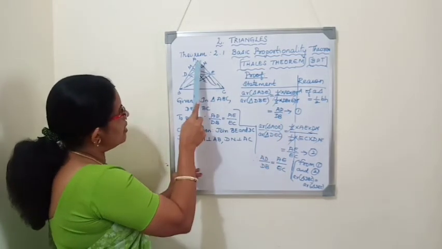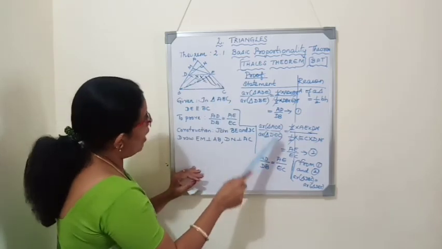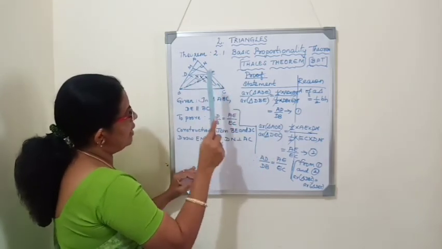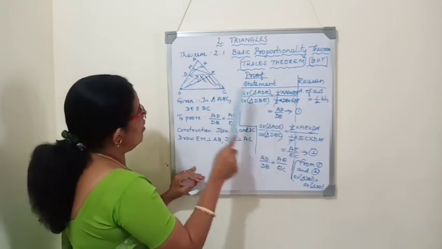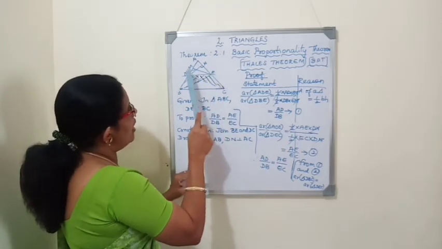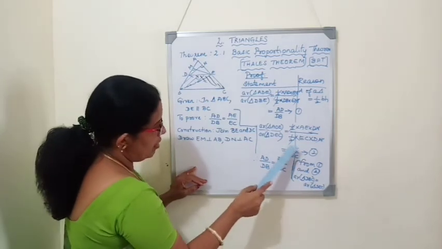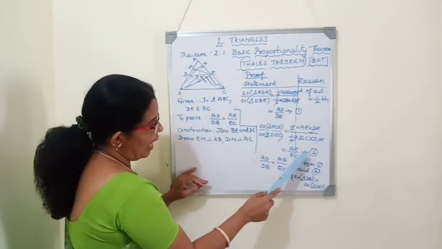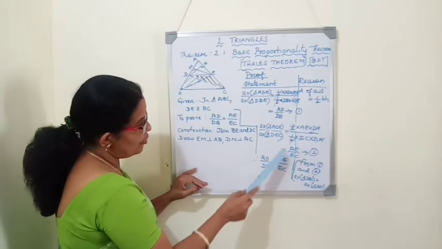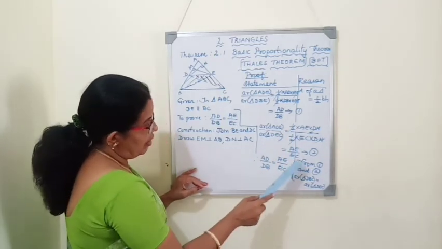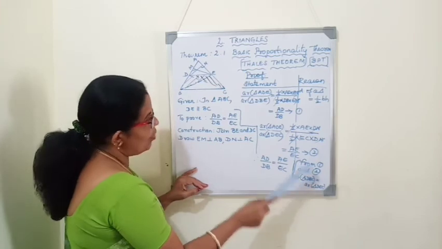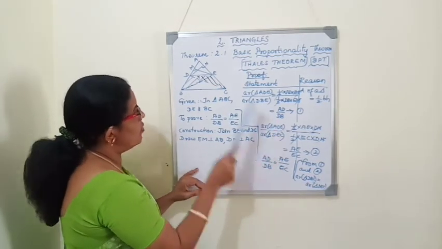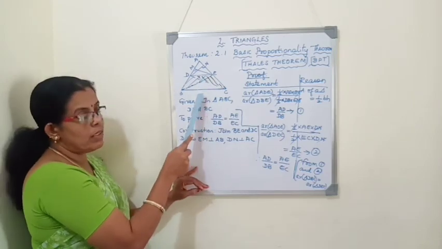In the second case, same triangle ADE by DEC we have to take. This right side triangle including the side EC we have to take. Same way, half into base AE and height DN. For the denominator part, half into EC into same height DN. Cancel it and write from 1 and 2: two ratios are equal. Reason: equation 1 and 2, and area of this triangle is equal to area of this triangle because they are on the same base and between the same parallels.